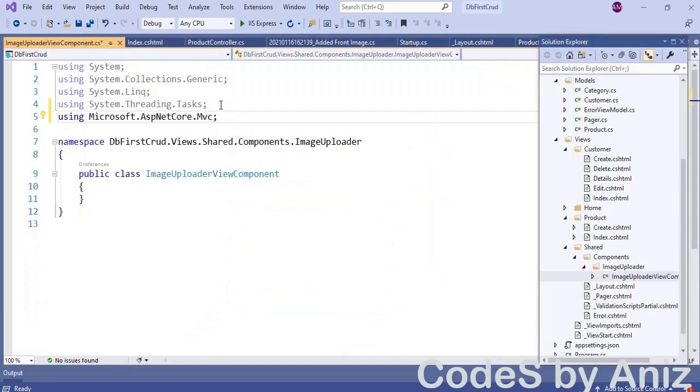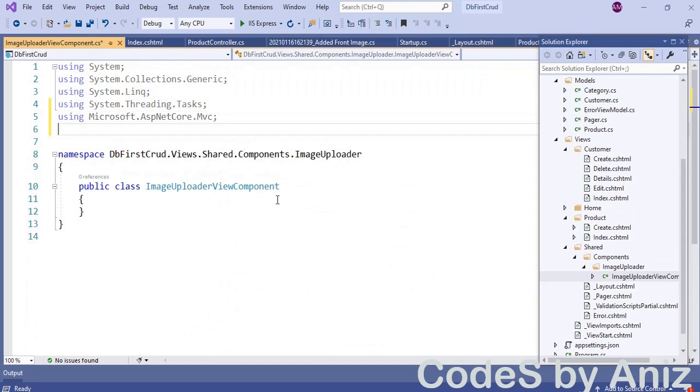And then open the ImageUploaderViewComponent.cs and include Microsoft.AspNetCore.Mvc in the using section. View components are present in this library. So we must include the Microsoft.AspNetCore.Mvc namespace in the using section.